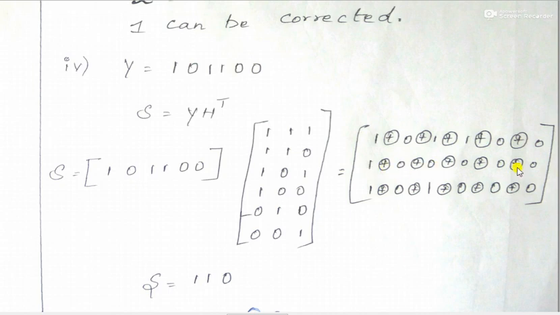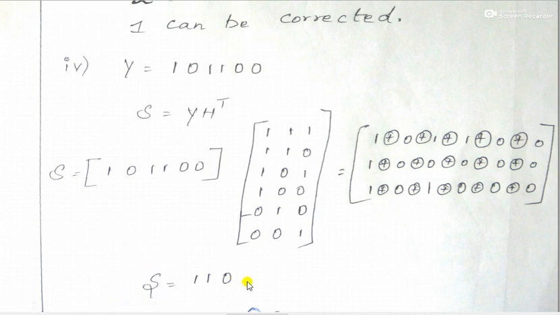So no value is other than 1. So 1 plus 0, it is a 1. So third one, 1 plus 1, 0, 0 plus 1, 0 plus 0, 0. So third bit is a 0. Imagine that it is all in one row. Here I don't have space, so I have written it in the next line. So it is all in one row. So 1 1 0. Now the syndrome vector is found.